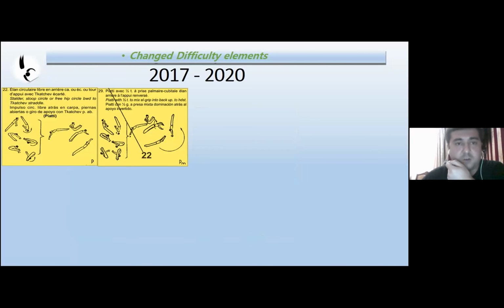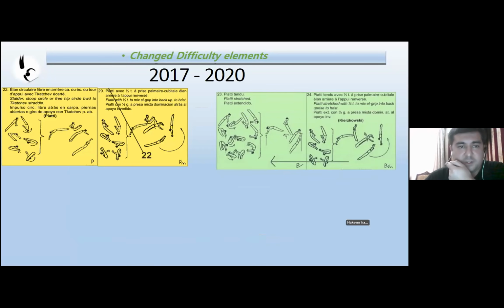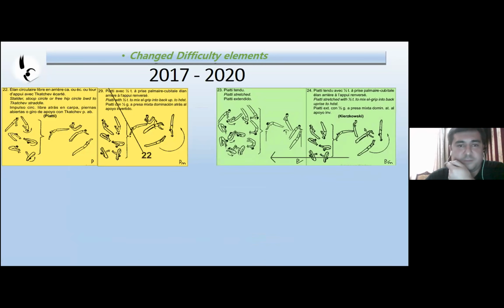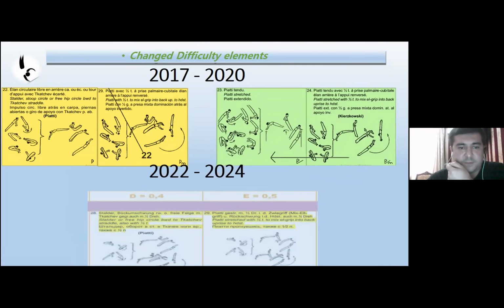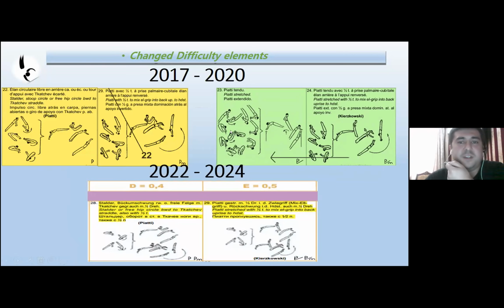Next elements are also the same. Piatti and half turn is in one box, D, and Piatti straight and Piatti straight half turn is E value in the new Code of Points.